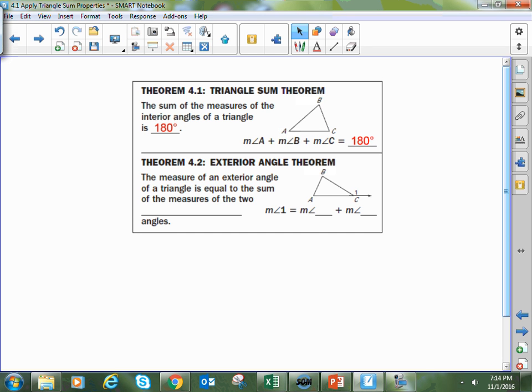Now the next one is something that's pretty new. This is the exterior angle theorem. What that's saying is that the measure of an exterior angle is equal to the sum of the two remote interior angles. Well, let's figure out why that is the case. If you accept the idea that the sum of the interior angles all have to add up to be 180 degrees, then what we can say is that angle A and angle B must be supplementary to the interior angle ACB. So if angle A and angle B